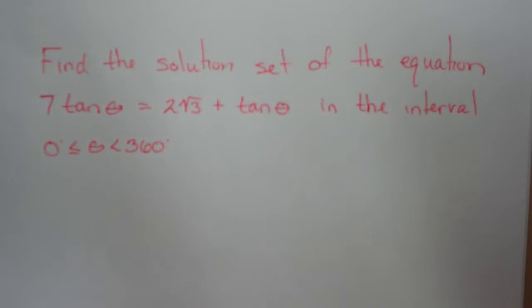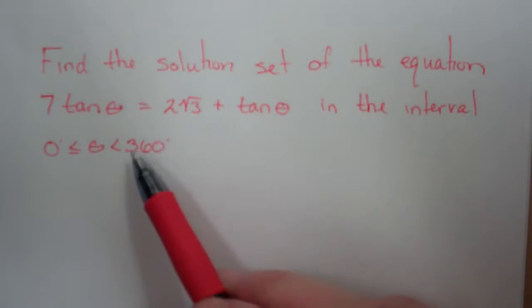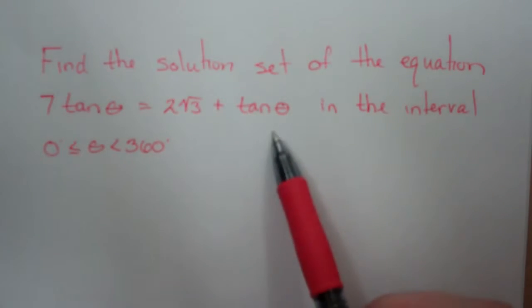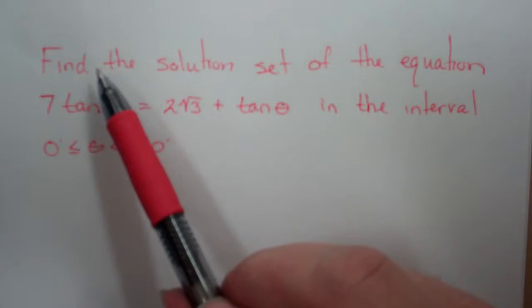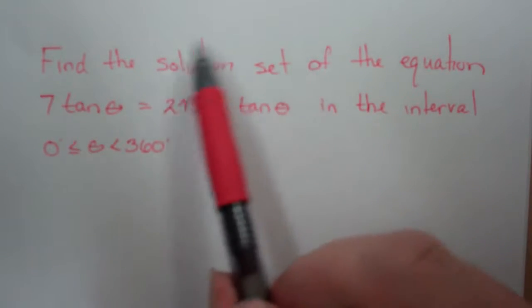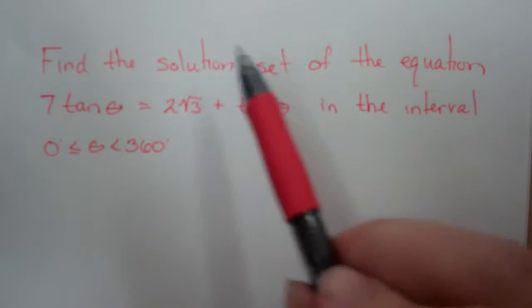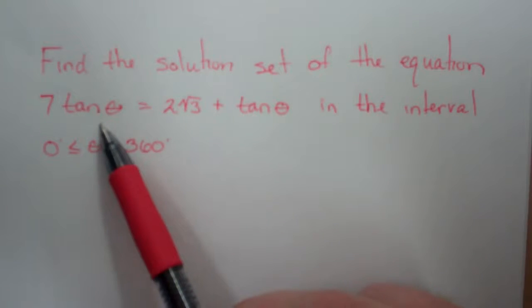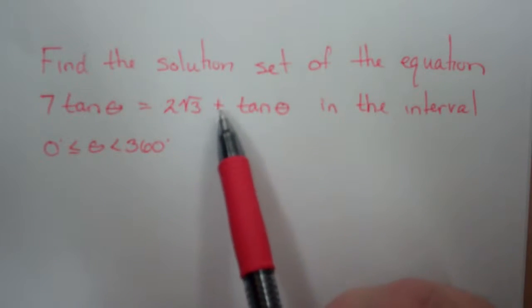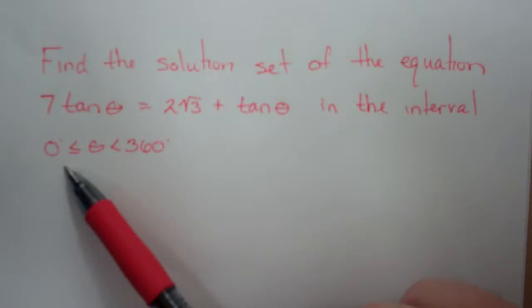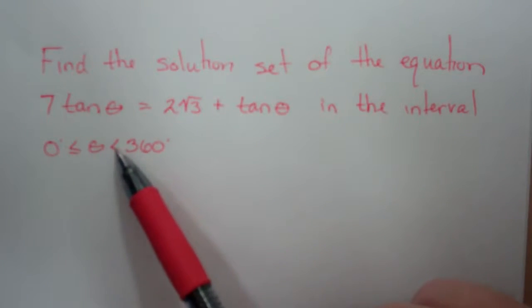In this video, we are practicing solving trigonometric equations. We have a fairly straightforward trigonometric equation, and this problem says, find the solution set, that means find all the values that make the equation true, of the equation 7 times the tangent of theta is equal to 2 radical 3 plus the tangent of theta in the interval 0 is less than or equal to theta is less than